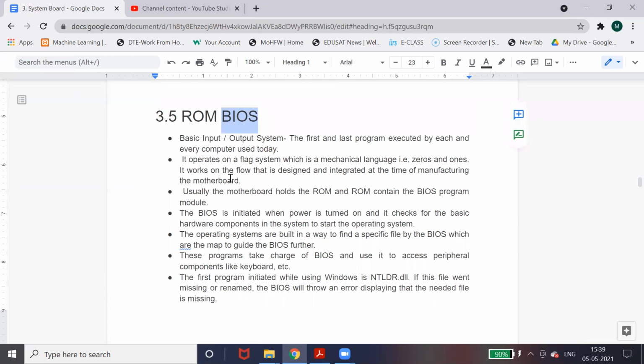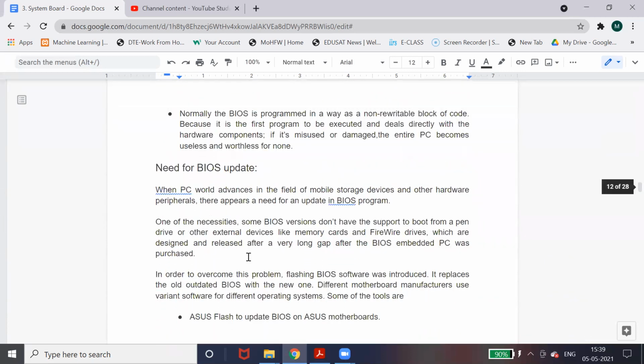What is a BIOS? BIOS is used to hold the input output system information of your computer. When you start your system, first of all, the BIOS will look for whether all the peripherals are connected or not. If they are connected properly, then it will load the operating system kernel into your RAM, into memory. From the memory, first it will start the initialization process of your kernel, and all the subsequent processes will get started from the RAM into the processor, and your system will start. In this way the BIOS works.